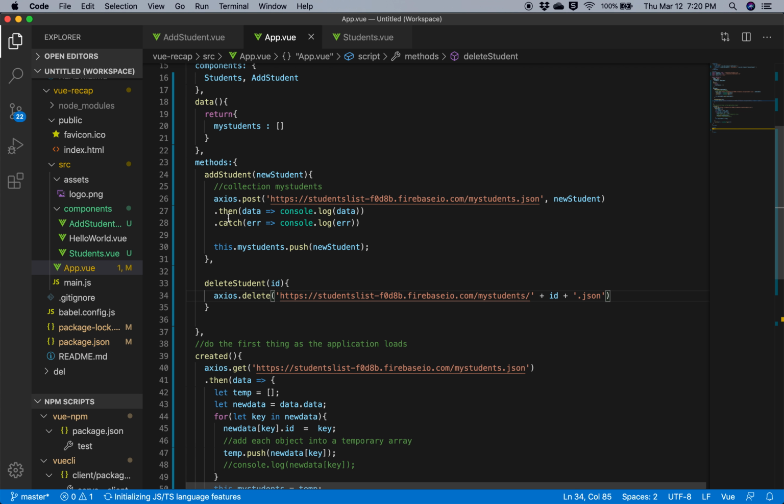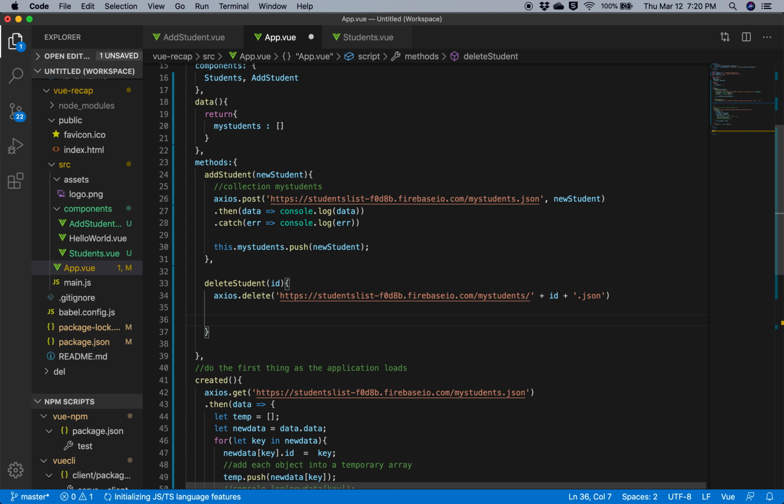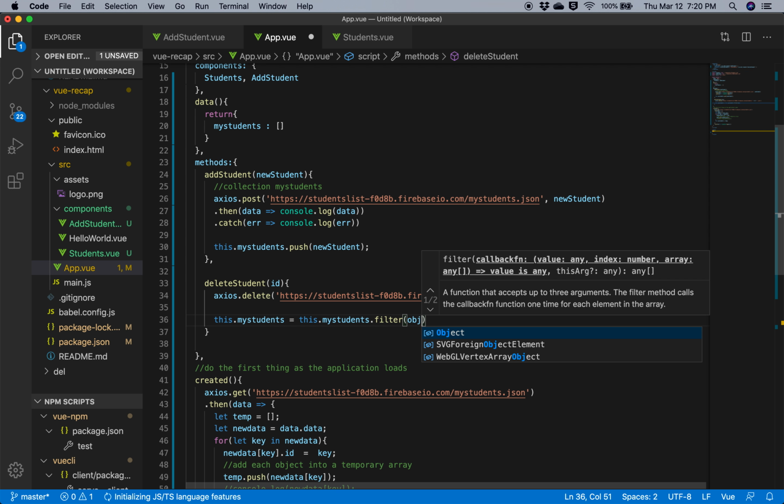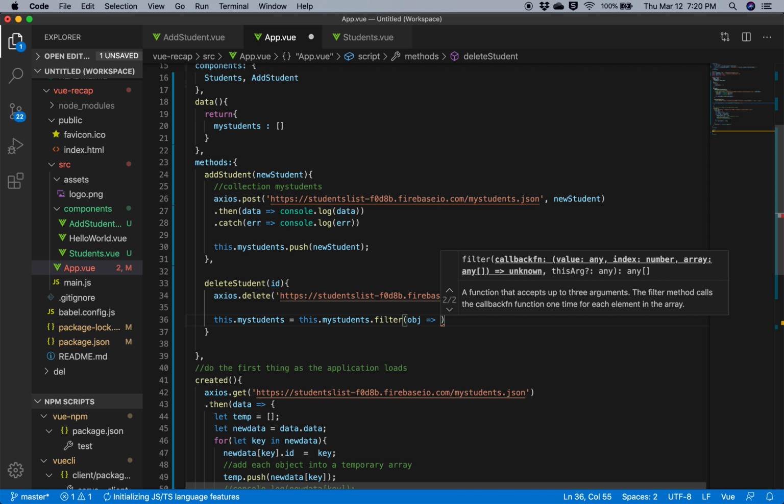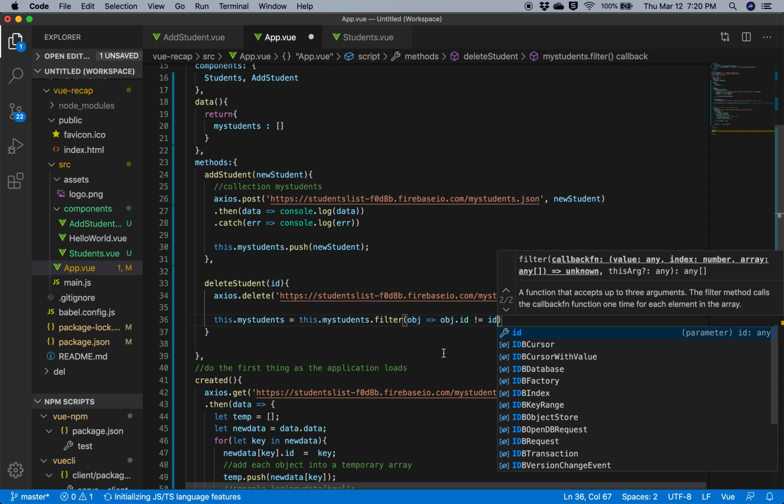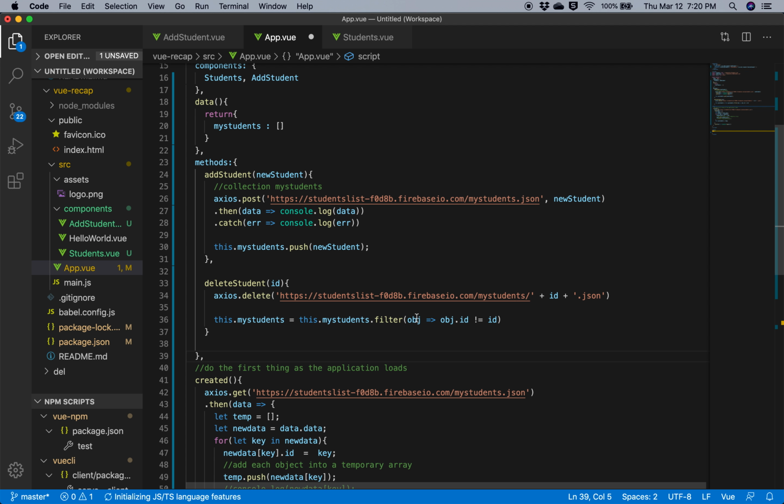But to make our application really better, as we delete, we need to update our this.myStudents array. It's going to be just like what we did the other day: this.myStudents.filter. And remember, it's like forEach is built inside of the filter. It's going through the array object by object, or student by student in this case. So as long as object.id is not equal to the ID,